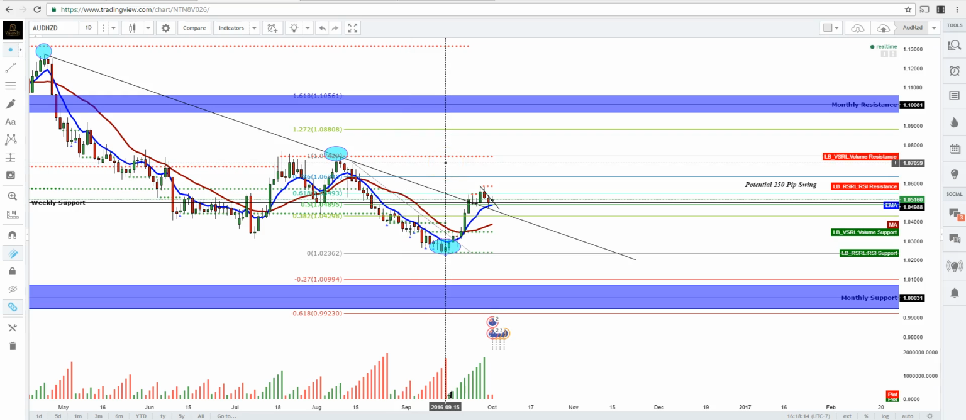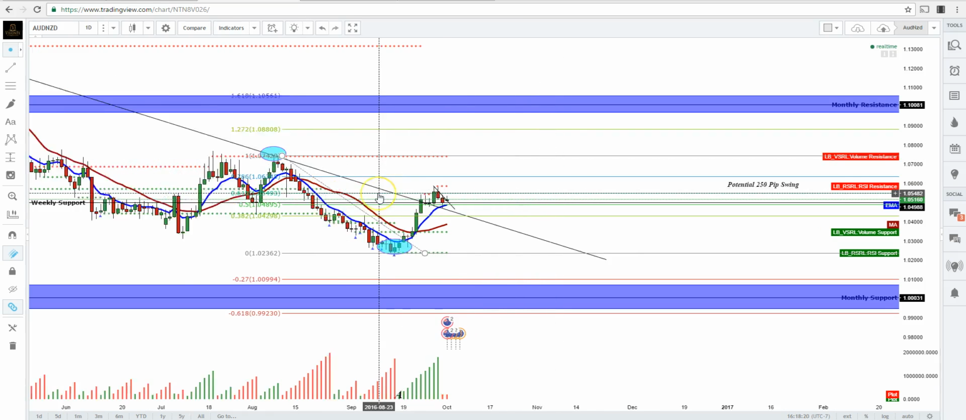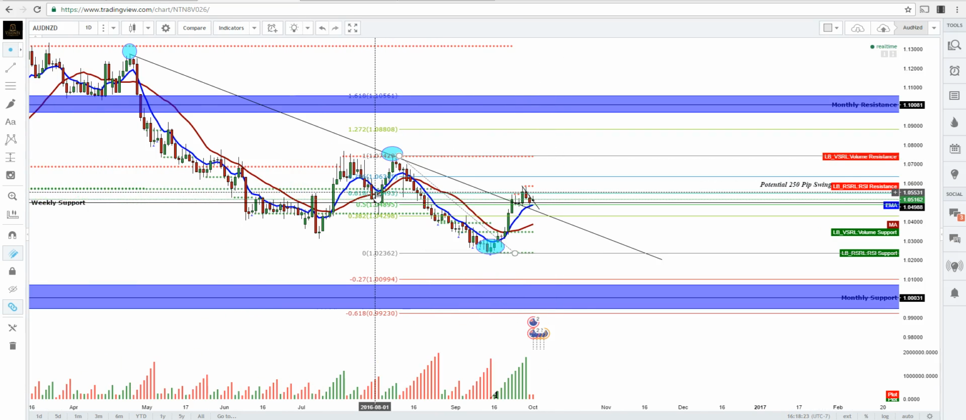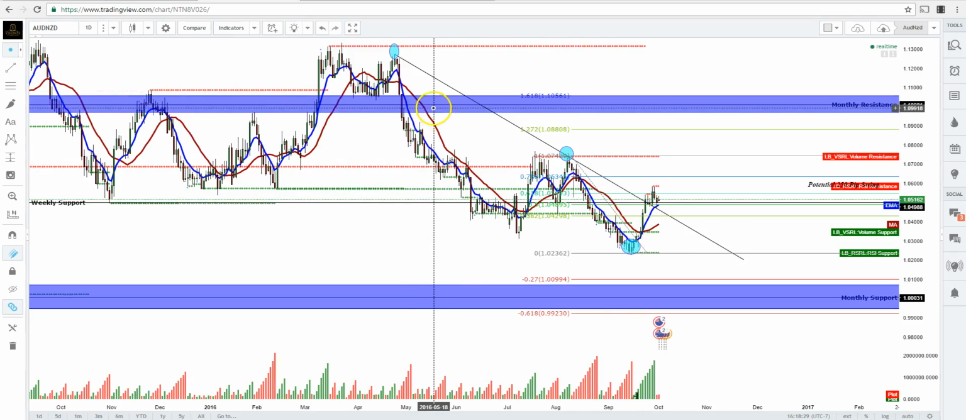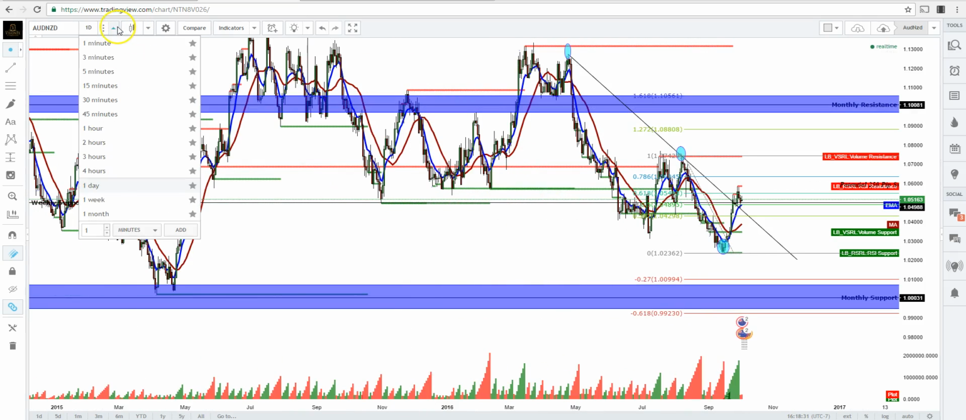Okay, so this is the very first technical analysis from VisionFx, and I plan to do one every single Sunday for you guys. But let's go on ahead and get started. The Aussie versus the New Zealand dollar. If we look on the